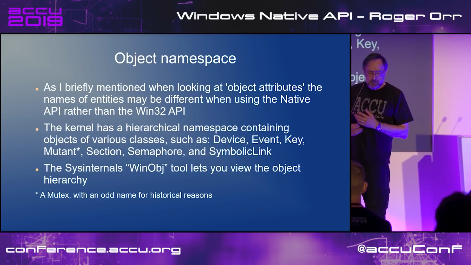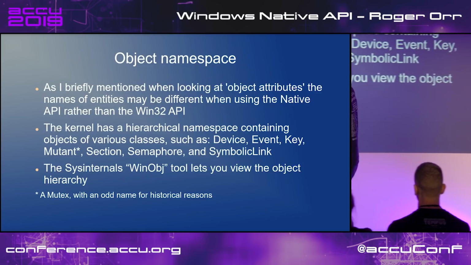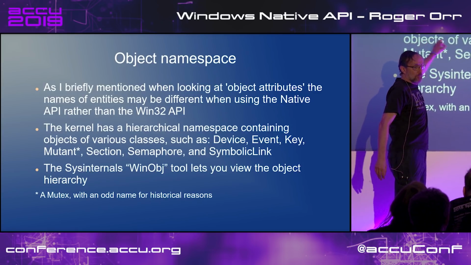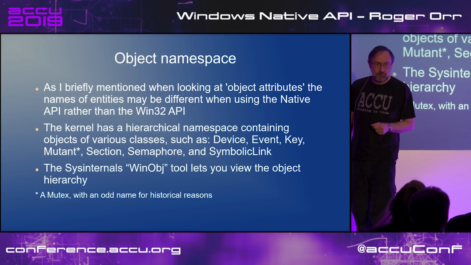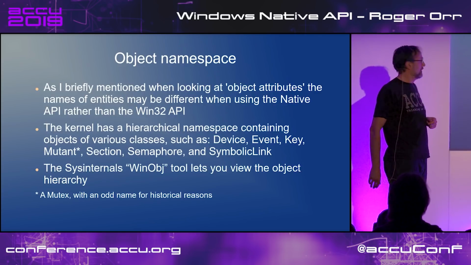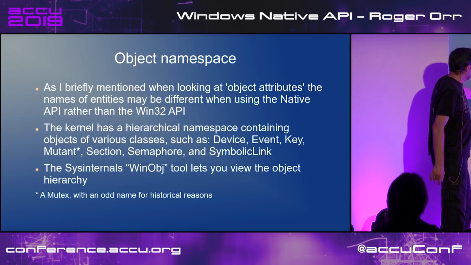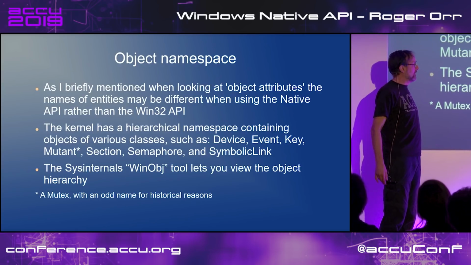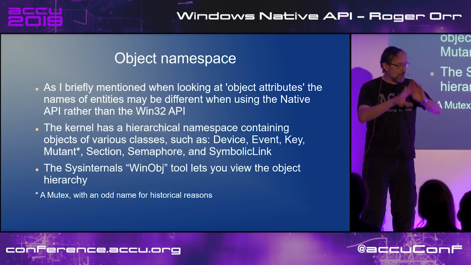And object attributes, a bit more about the object namespace. There's a whole set of different namespaces in the kernel. Things like device, event, key, mutant. I love mutant. This is a mutex, which you've probably heard of, and it's called a mutant for historical reasons,